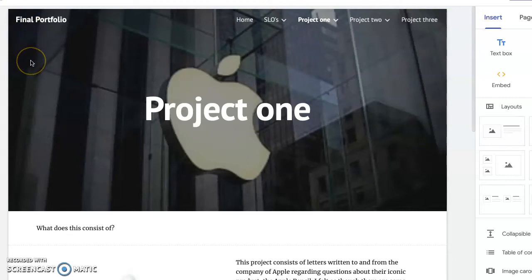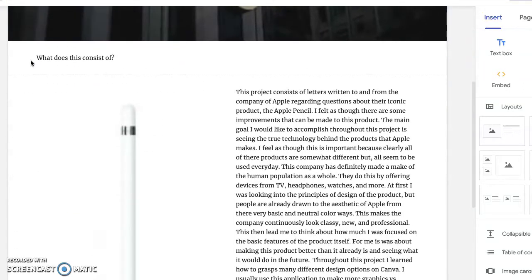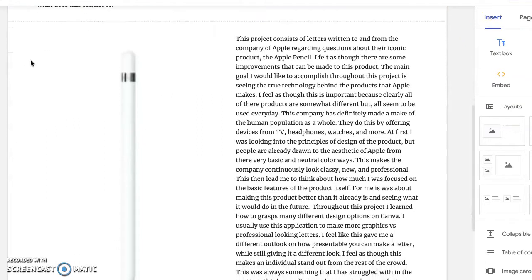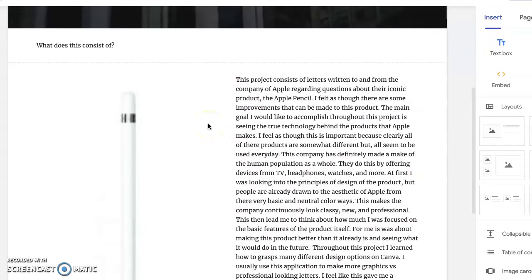Hello everyone. This is going to basically just show you what I have done regarding my project 1 for my revision. So here I kind of just went through this paragraph and I talked about how